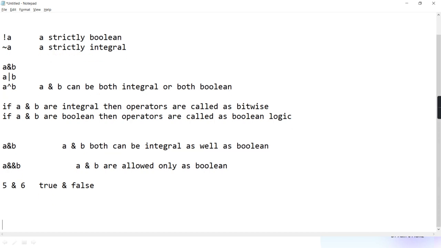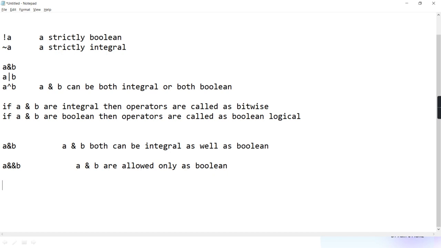In the first case, it will operate on integral, but it will behave as which operator? Bitwise. And in this case, it will act as boolean logical operator. Clear? Boolean logical it is, and here it is bitwise.